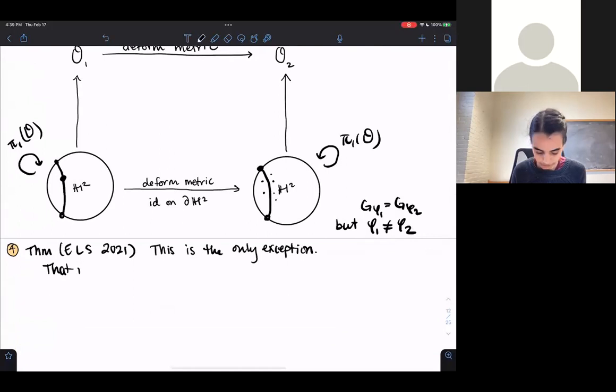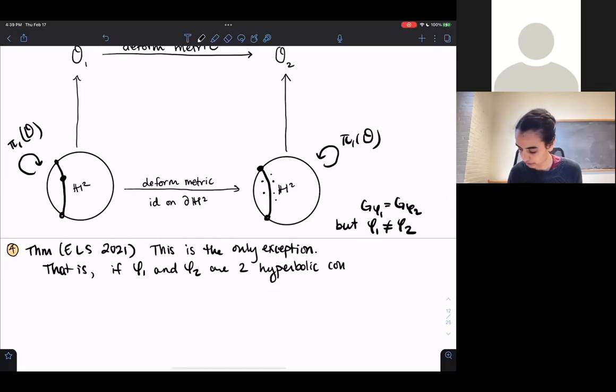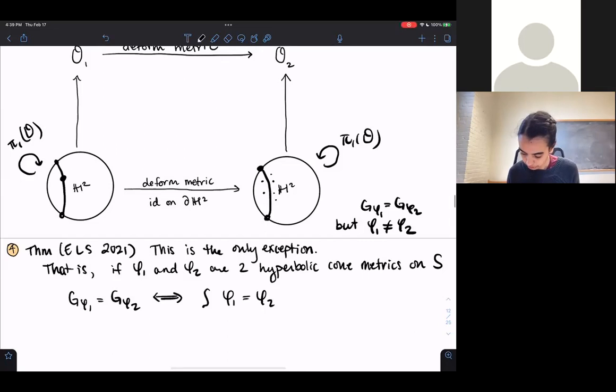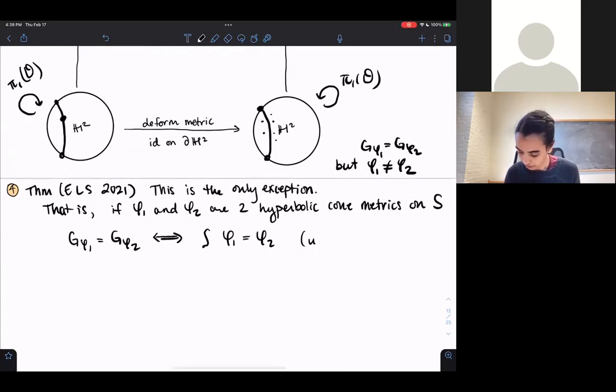That is, if phi1 and phi2 are two hyperbolic cone metrics on some surface S, then G phi1 is equal to G phi2 if and only if phi1 equals phi2 up to isotopy,